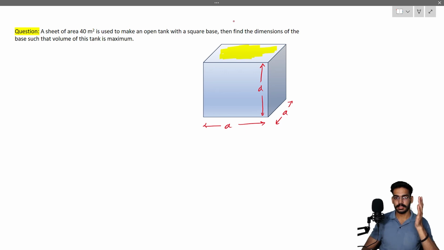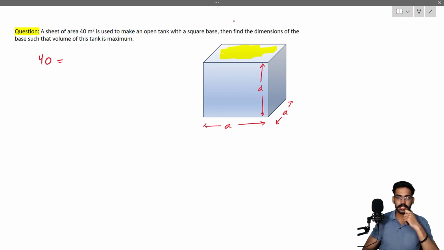So what the question is, we purchased a sheet of 40 meter square, and then we are using that sheet to make a tank with A as the dimension. So how many sides will we use? We will draw four sides plus base, 5 sides. So the 40 meter square, that area, what I am using that area in is basically